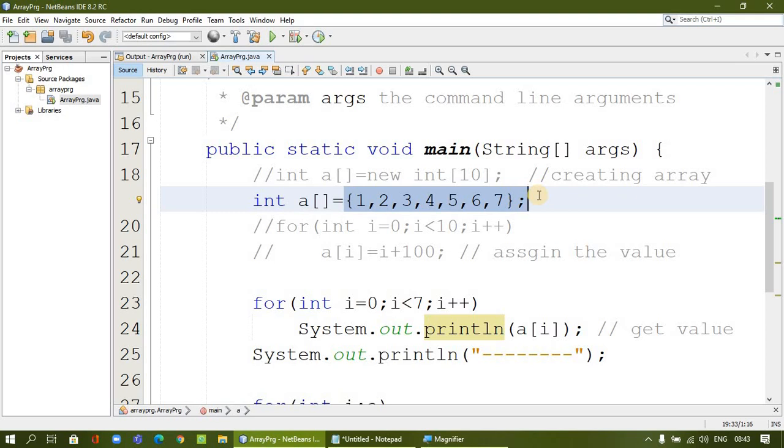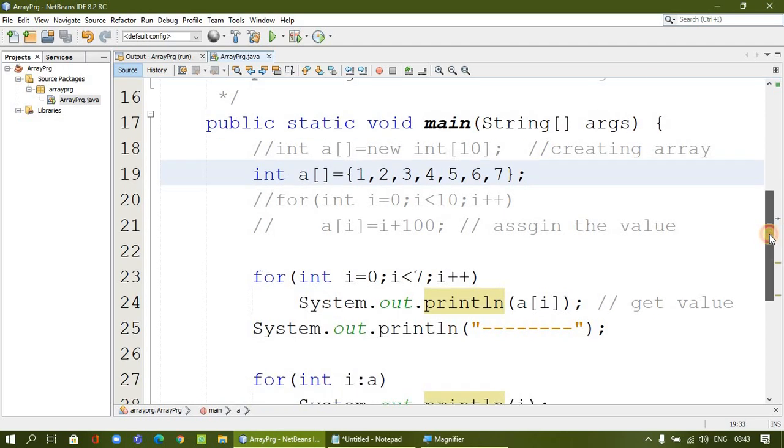In the same way, we can also go with different types of arrays. It is an integer type here, but if you want a different type, that is also possible. Before that, I will show one more thing. For example, if you have a huge amount of data and you may not know the length. Since I personally know I have a total of 7 elements, I used the loop like this. What I will do is, there is another way.